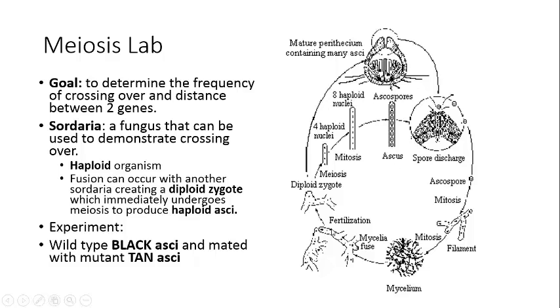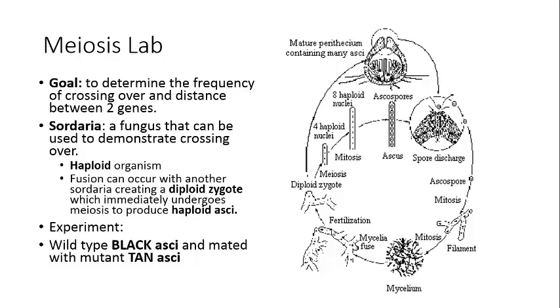Welcome to AP Biology. This video is on the Meiosis Lab. The goal of the Meiosis Lab is to determine the frequency of crossing over and therefore the distance between two genes. In order to do this lab, we're going to use an organism called Sordaria, and Sordaria is a type